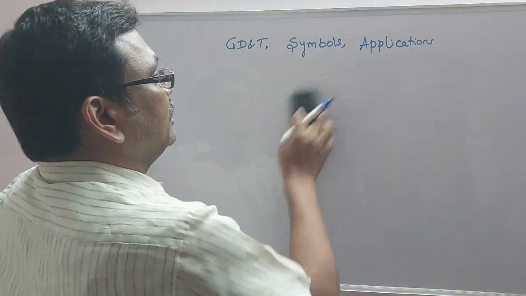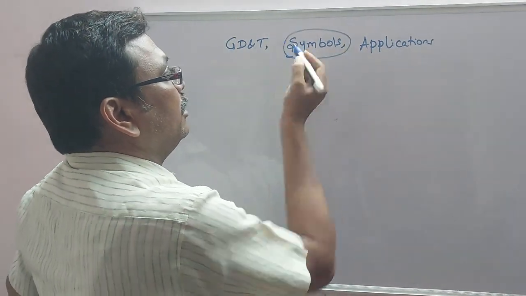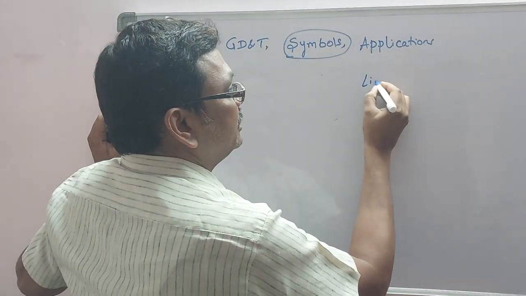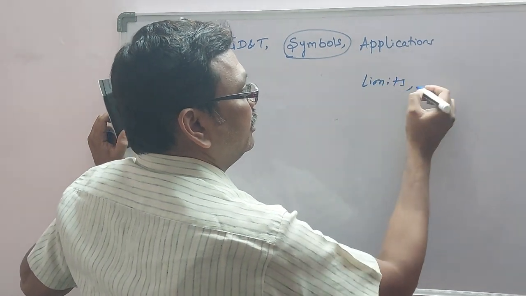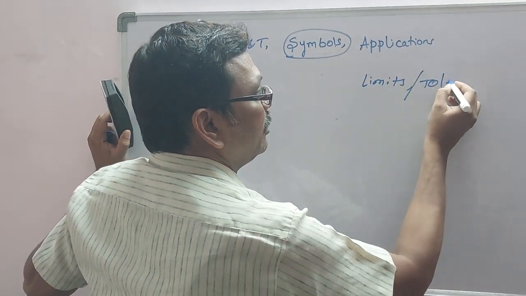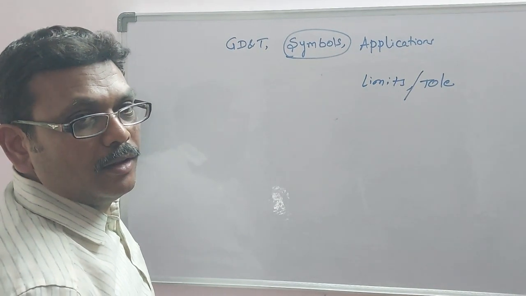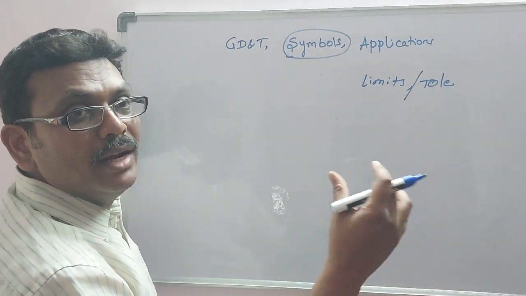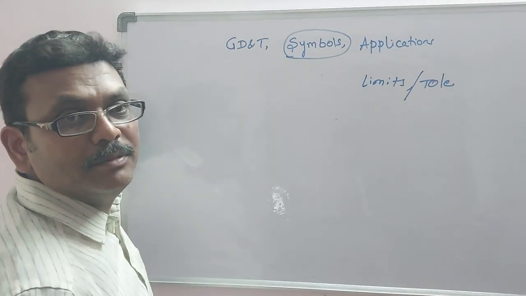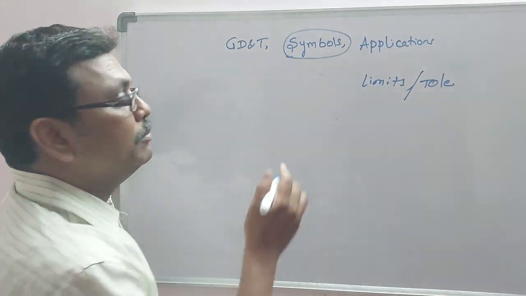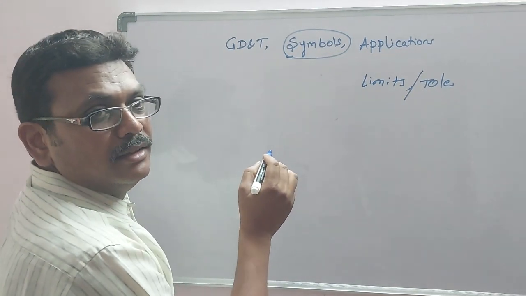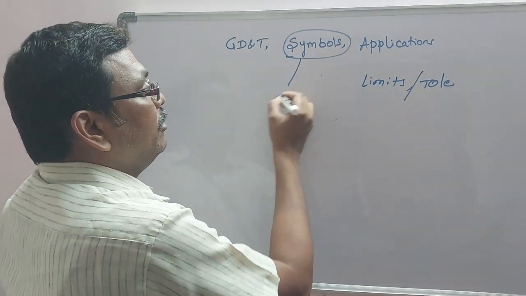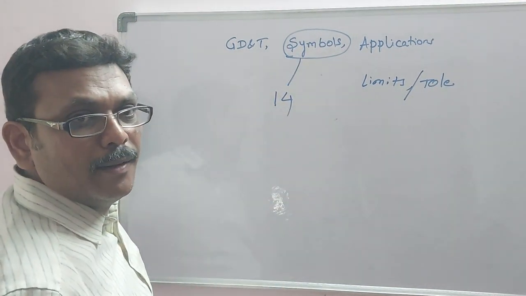And coming to the symbols, as I said, it is the limits, or we call them tolerances. In order to set these limits and to fit that part into the mating component, we need some set of symbols, or we follow some set of symbols in GD&T. There will be 14 symbols,